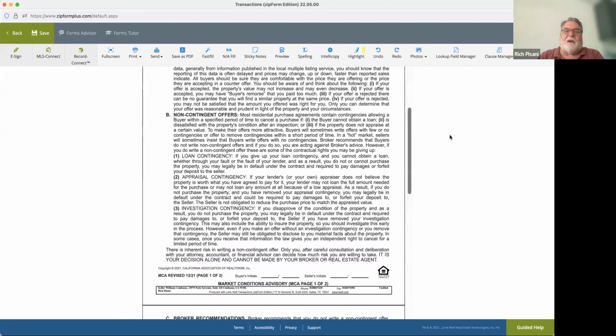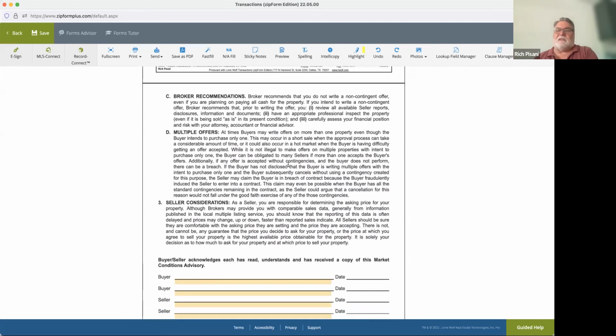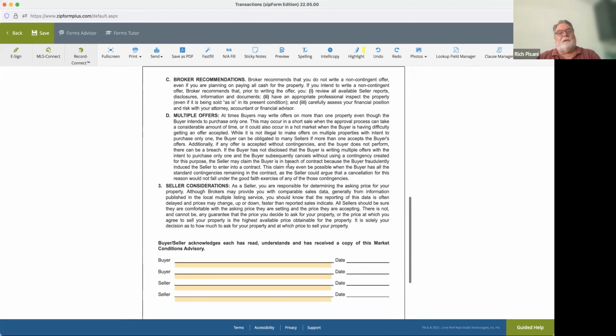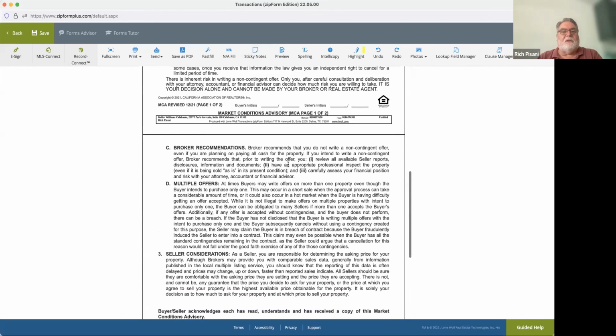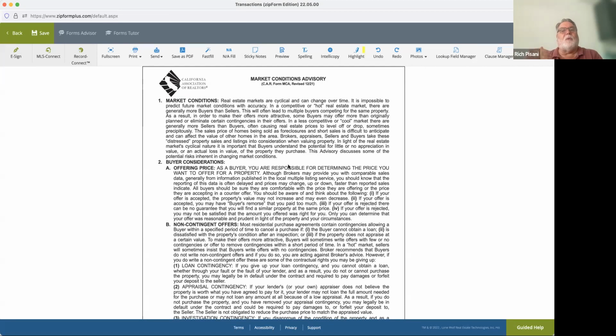There's a great paragraph about non-contingent offers. And broker recommendations, it's in here, not to write a non-contingent offer. Multiple offers, it talks about multiple sellers considerations. All of that is really important, and absolutely you should be using this and going over this form with your